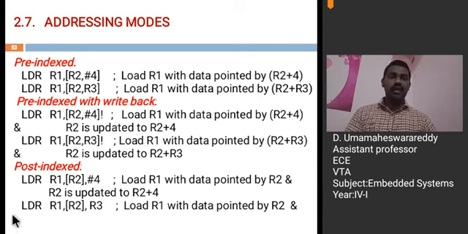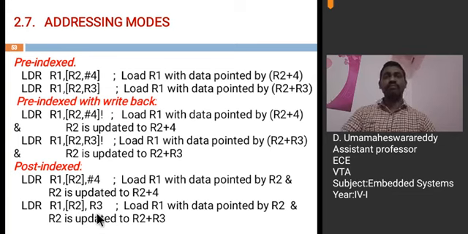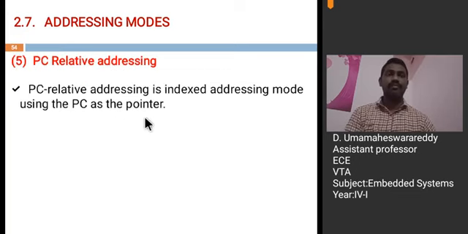Here see another example, LDR R1, [R2], R3. See here what happens. First the data present at the R2 address is moved to R1. Thereafter R2 will be updated to R2 plus R3. This type of addressing is called post-indexed. And the PC relative addressing is an indexed addressing mode using the